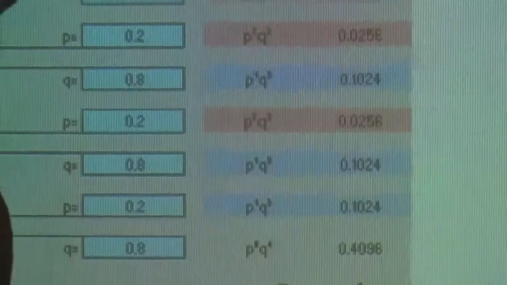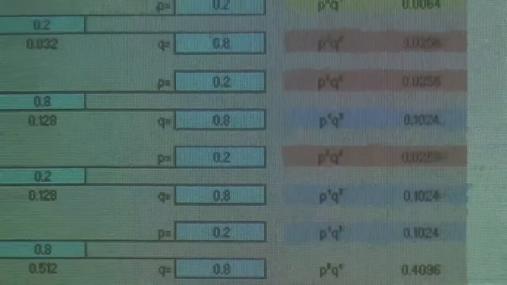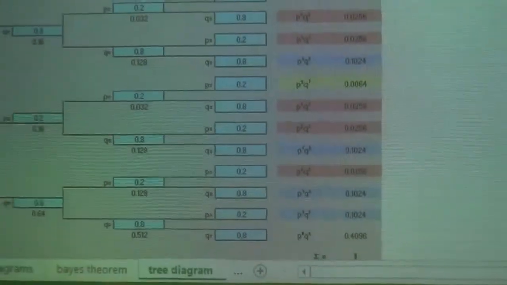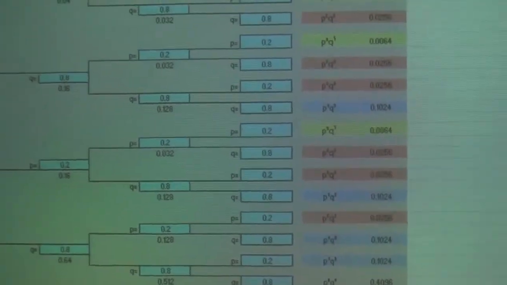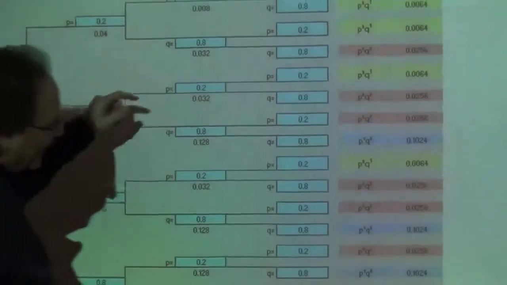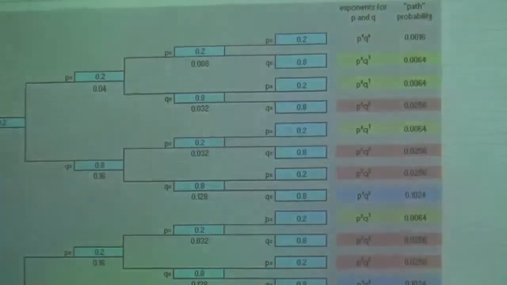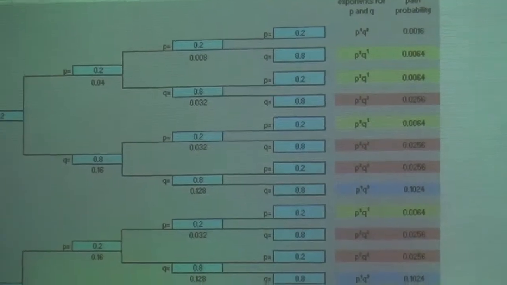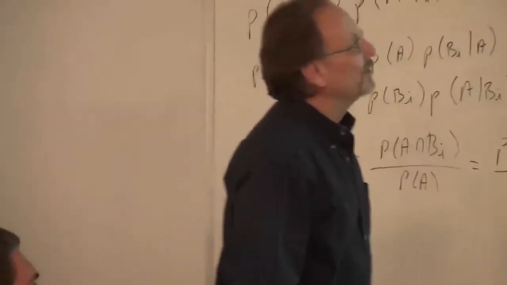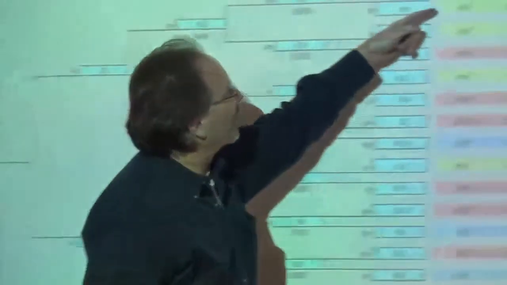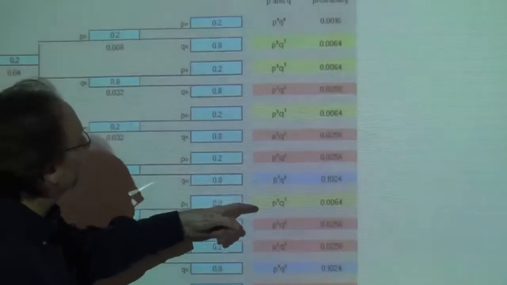The yellows, the pinks, the blues, three different colors, sorry. Yellows, pinks, blues. And no color. The no color is the ones that are the only one path. That's a 0 and 4. And by enumeration, you can add up the 4 ways you can get 3 P's and 1 Q,